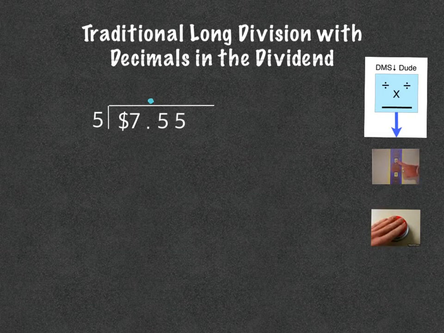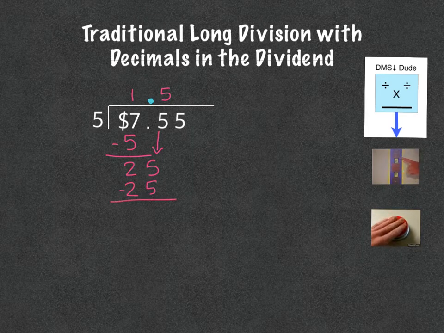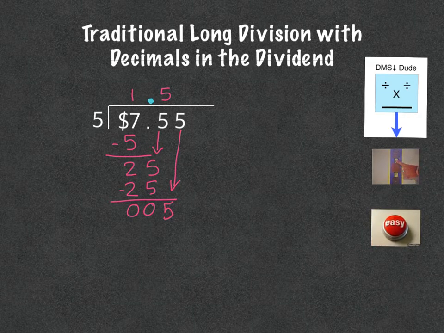How many times does 5 go into 7? It goes in one time. 1 times 5 is 5. Subtract and I get 2. Bring down my 5. I don't bring down my decimal. It stays where it is because I've already placed it up in my answer. How many times is 5 going into 25? It goes in 5 times. 5 times 5 is 25. Subtract and I get 0. Bring down my 5. 5 goes into 5 one time. 1 times 5 is 5. Subtract and I get 0. So my answer is